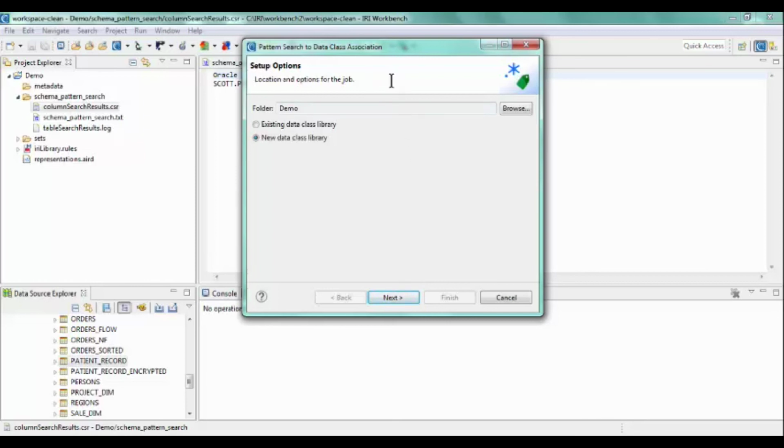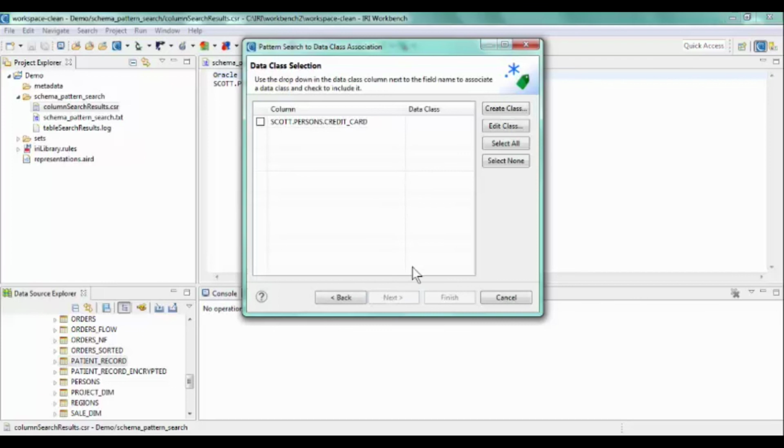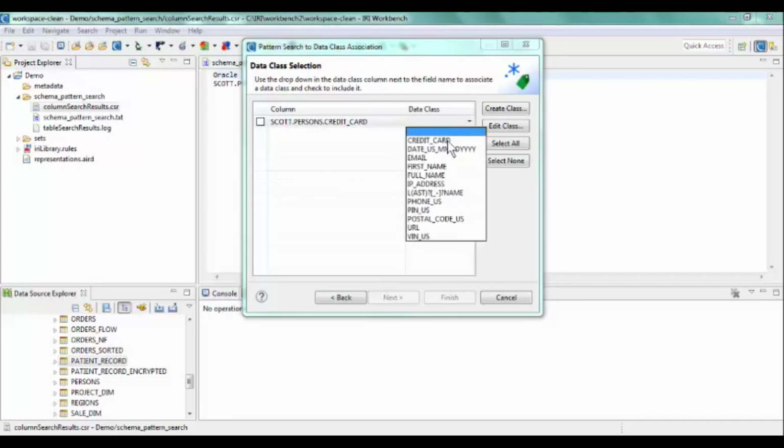and look at the results. I have a selection here to add to an existing data class or create a new one. I don't have one, so I leave that new selection. Click Next. Here it lists all of the results out of that column search results page. I only had one column with data to match, so here I can select my data class by the drop-down, credit card,